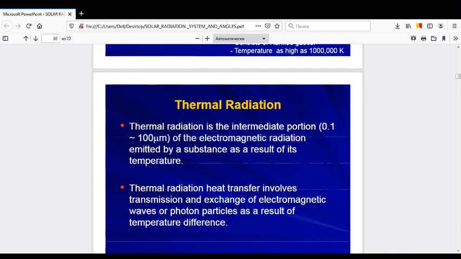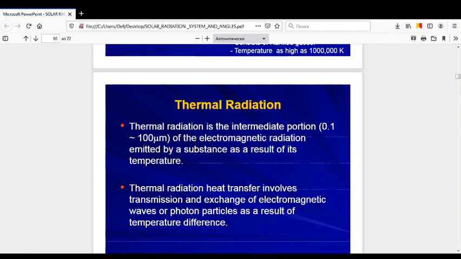Now the thermal radiation. Thermal radiation is the intermediate portion, 0.1 to 100 micrometer, of the electromagnetic radiation emitted by a substance as a result of its temperature. Now the thermal radiation heat transfer involves transmission and exchange of electromagnetic waves or photons partially as a result of